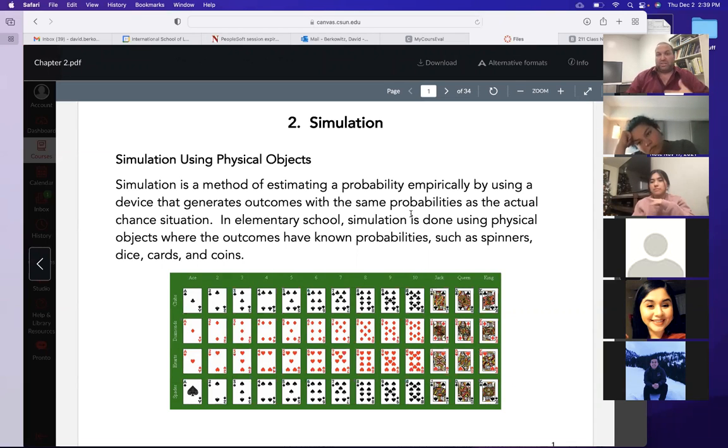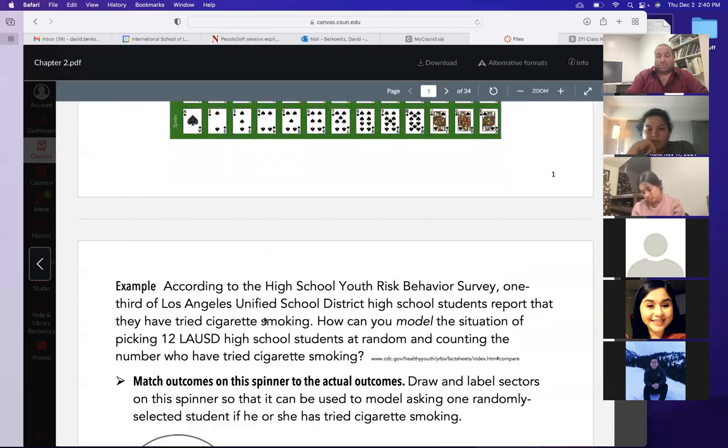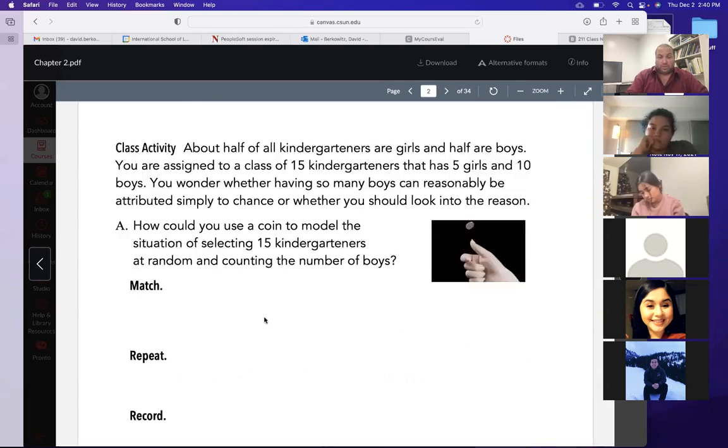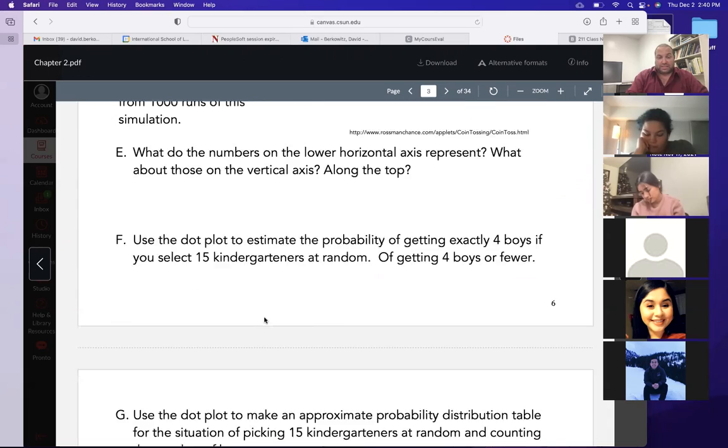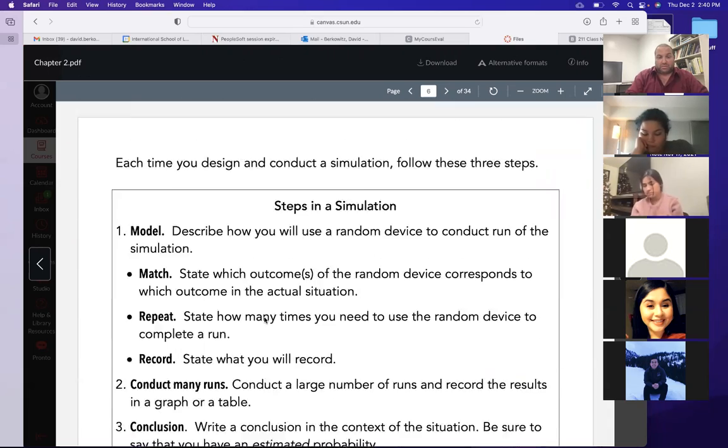So the idea of a simulation is when you do a different experiment instead, but the probabilities have to match. If I simulate a 50-50 situation, I have to do something that's a 50-50 situation. I can't simulate a 50-50 with an 80-20. It doesn't make any sense. So everything that I simulate with has to match likelihoods. I can use spinners, dice, cards, coins, and a random number generator. So we had a bunch of situations like that.